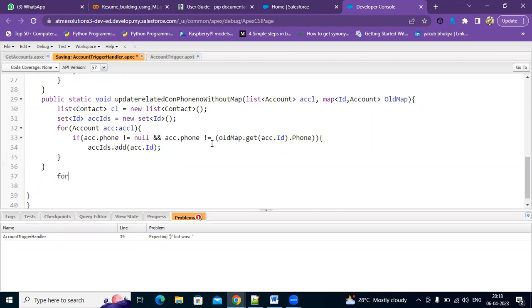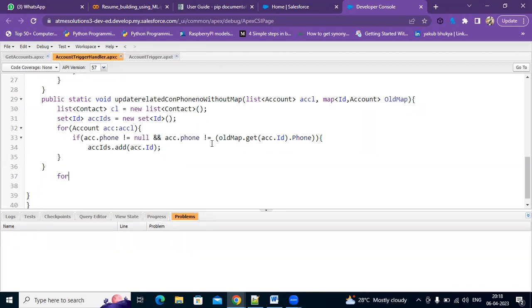So here what I'll do is I'll say for account ACC colon. Now here I'll query the data. So here I'll pass a list of values. So what I'll do is I'll select ID, comma, phone, and for this, I'll write a child query also. I need to query the contact records. So here I'll write a child query like